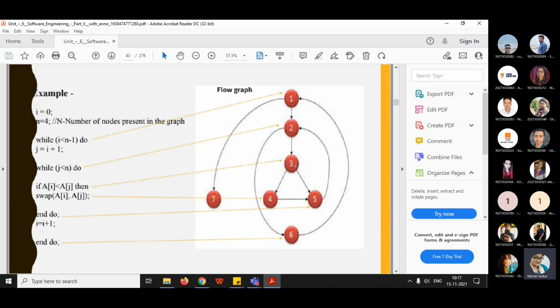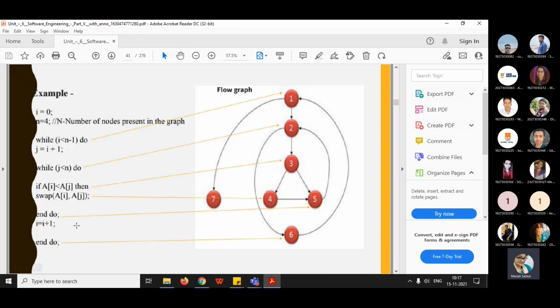This is node number 3. Now if you see the flow, if condition 1 is true, then only we execute condition 2, and if condition 2 is true, then only we will execute condition 3. In this way the control flow is going on. Next it is given swap a[i], a[j]. That means this is an operation, sorry, this is a function call. So that's why we denote this function call in node number 4.